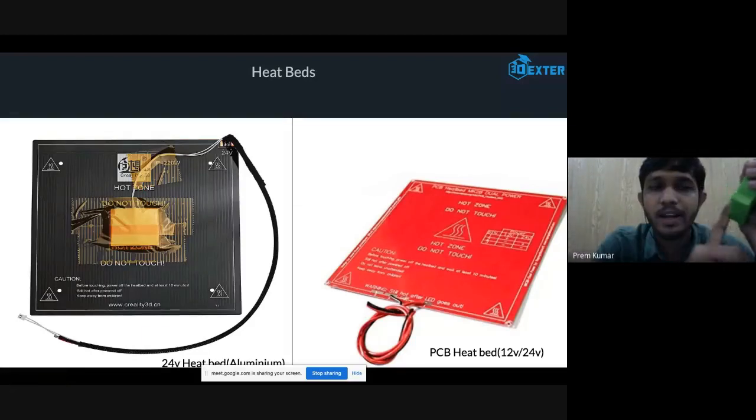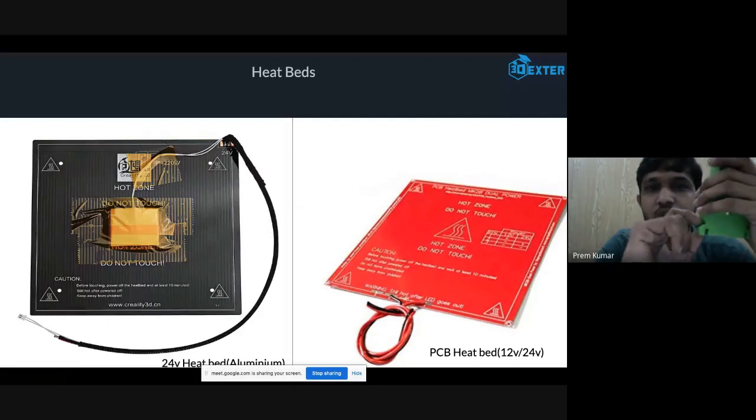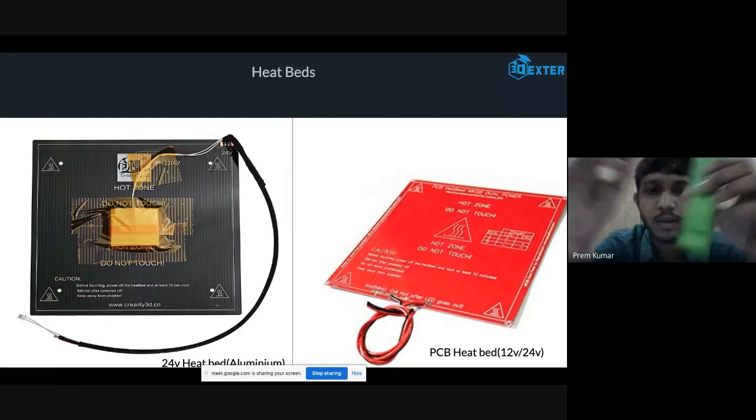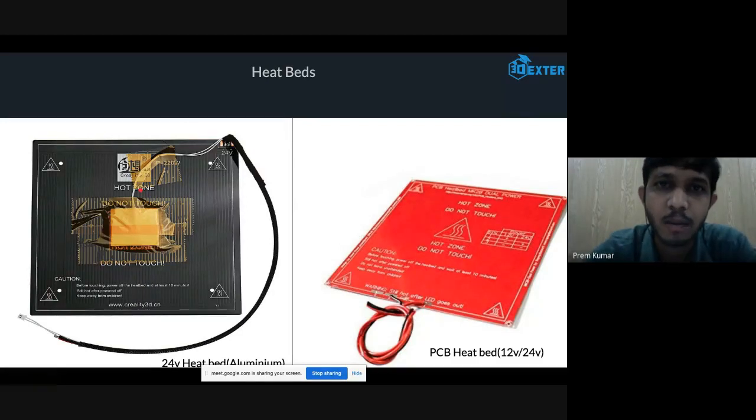One technique is to heat your bottom surface. Your bottom surface will be hot and it will not allow these layers to bend upwards. For that purpose, we use heat beds in 3D printers. If you are going to print PLA, which is not warp prone, you can print it without a heated bed, but you need to use proper Fevistick or painter's tape to stick the initial layer of the print.